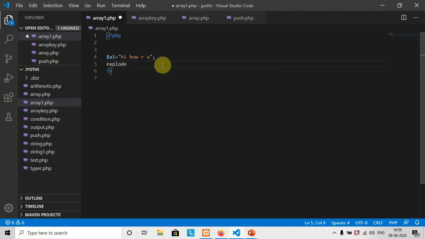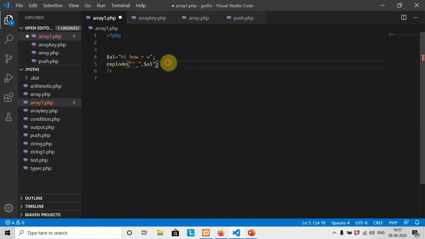Within this explode, I need to use 2 arguments. The first argument is the delimiter. Here the delimiter is, of course, a space itself. And the second is the name of the array. What is the name of the array? It is $A1.